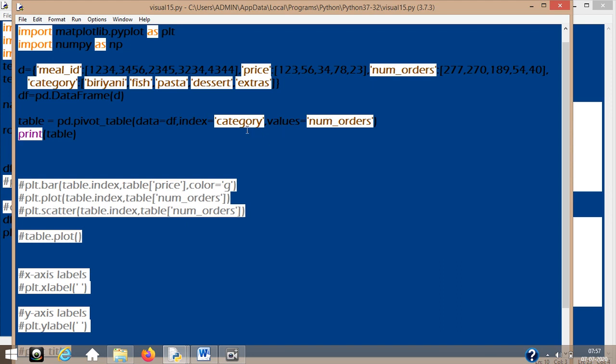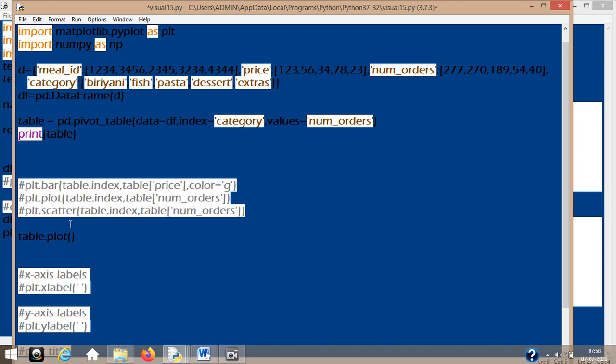Those who have doubt is what is this index, what is this values, go back to your pivot underscore table. There it is very clearly explained what is index. Index is going to give you the clear-cut idea in the different kinds of graphs once you work here. So I will first take this. What is table? Table is the name of my pivoted section, or that particular pivoted values are stored into a variable or an object called table. That is why when I print the table, I get that.